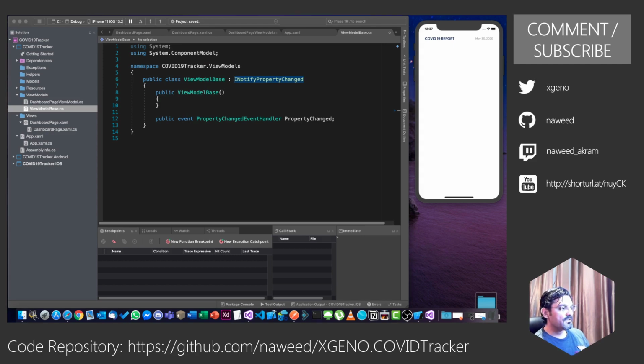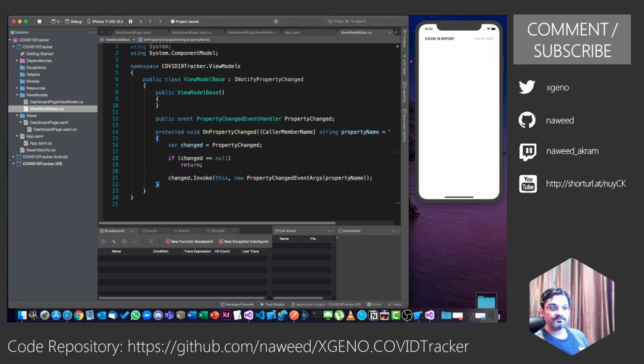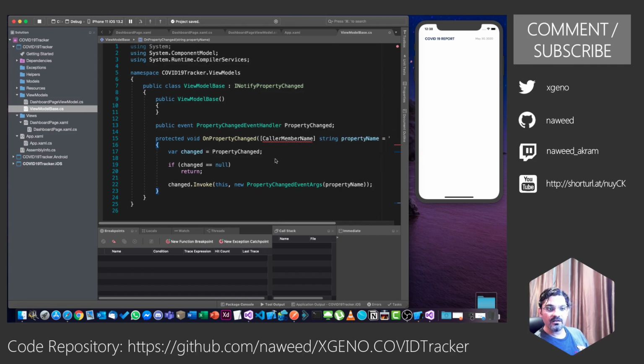When I implemented this, it has already created a PropertyChanged event handler. Let me take a shortcut and bring in an OnPropertyChanged function. So whenever it happens, it's going to invoke this.